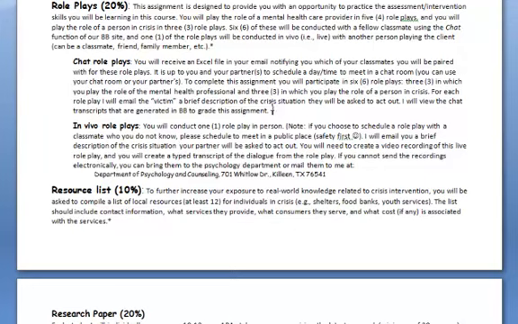You'll meet in a chat room, and each person in the class will have their own chat room. So you can either meet in your chat room or the victim's chat room. Y'all can work it out via email prior to the time you set up to meet, and you just do that role play. Probably take you 30 minutes or so. You can't see the transcripts, I don't think, but I can see the transcript of the chat, and I'll look at that to evaluate how you did.